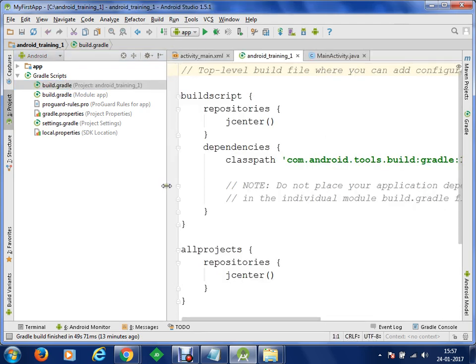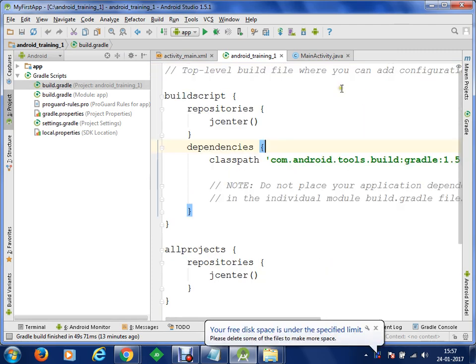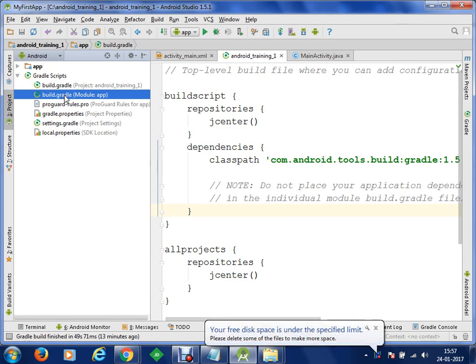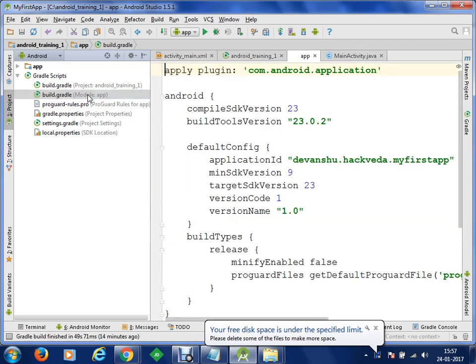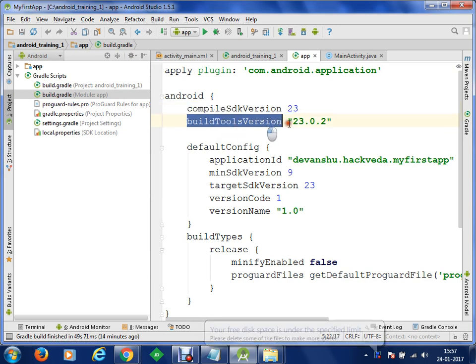Okay. So if I just show you, there is a Gradle build for my project and it includes some basic things like it's a Gradle based project. Now if you want to consider or if you want to go through the Gradle management for your own app, which is this, so you can go to this build.gradle module app. Okay. If you double click on it, now you can see that this Gradle contains some information. This says that for your Android, we are using Android Compile SDK version as 23 and the build tool versions which we will be using is 23.0.2. So this is your Android 6.0 which is installed in my